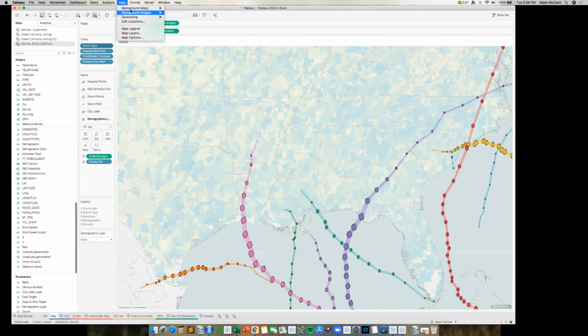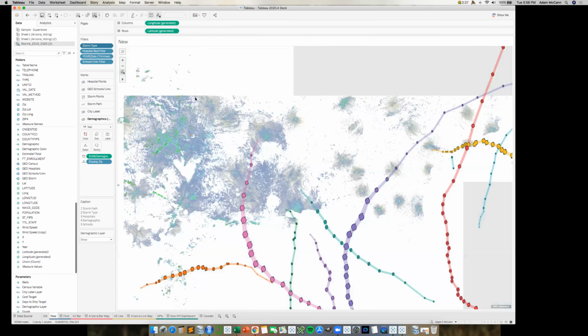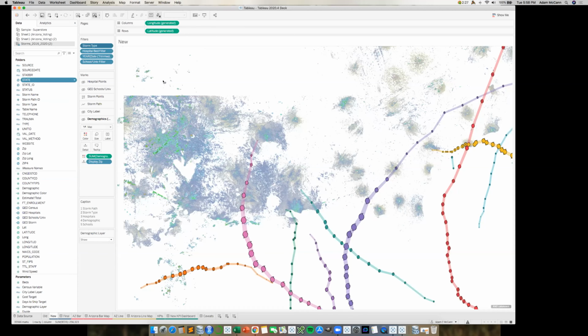So instead, I'm going to make my background map a weather map. This is using a web map service, which shows rainfall. This is real time, so this is live rainfall in the Gulf of Mexico. But you can see I lost everything; all I can see is rain. I don't see state boundaries. I don't see city labels. I'm pretty lost. So let's now add state.